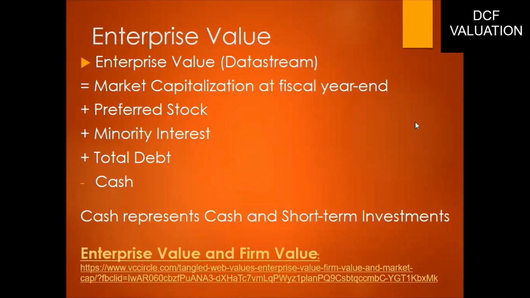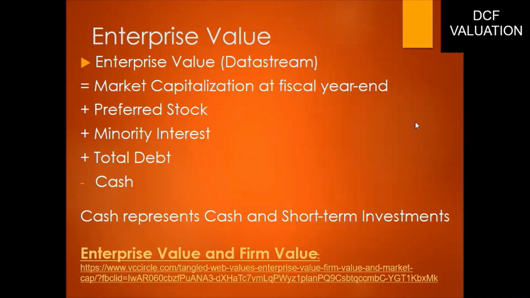So how do we then compute the equity value? Remember, that's our objective. When we use the free cash flow to firm model, we still want to get the intrinsic price of a share of common stock. So to get equity value, we deduct from enterprise value preferred stock, minority interest, market value of debt, but we need to add back cash.